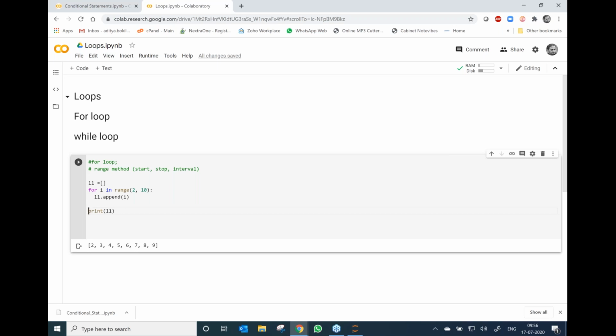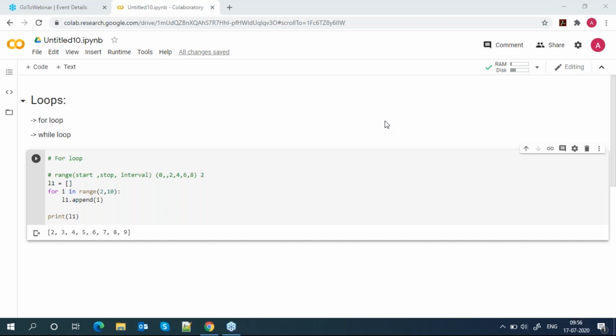Because L1 is outside the for loop, print L1 after your whole process of append completes, and then this is your final output. Only the indentation identifies whether the for loop is completed or not. You put the print inside the for loop, that is the problem. That's why I told you, while working with Python, be careful about indentation.